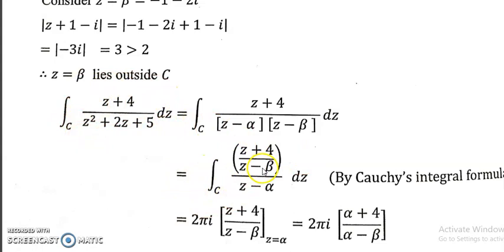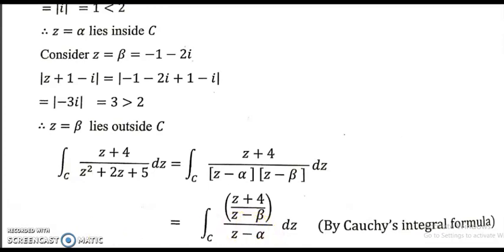And now we take the outside part. Beta lies outside, as we have learned in the previous problems. Whenever a particular point lies outside, we have to take that to the numerator. Since z minus beta lies outside, that means beta lies outside, we take z minus beta together with the numerator: z plus 4 by z minus beta, divided by z minus alpha, dz. Now by Cauchy integral formula, since alpha lies inside,